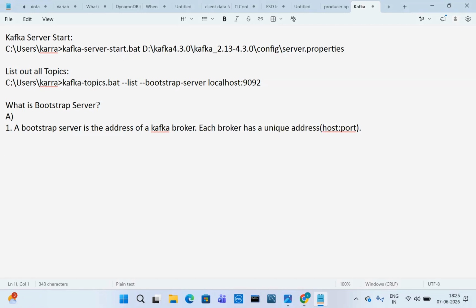So the second point: a bootstrap server is the address of a Kafka broker, nothing but the bootstrap server contains the address. What does address mean? Host and port. The next one: client applications use a bootstrap server, nothing but host colon port,